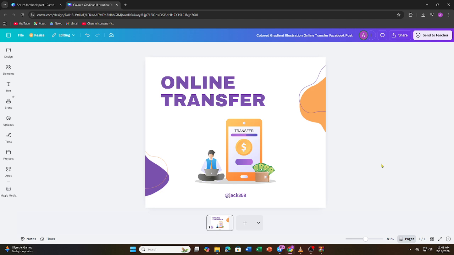And yeah, that's it. With Canva Pro's automation tools, you can streamline social media content creation and focus more on